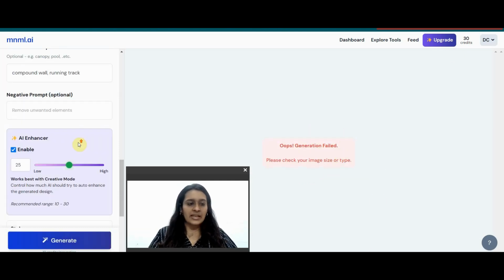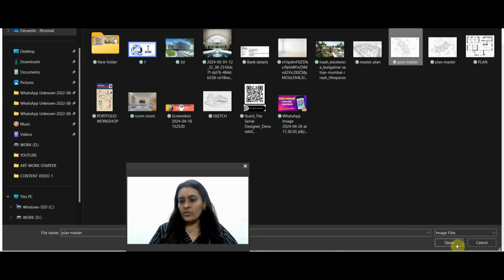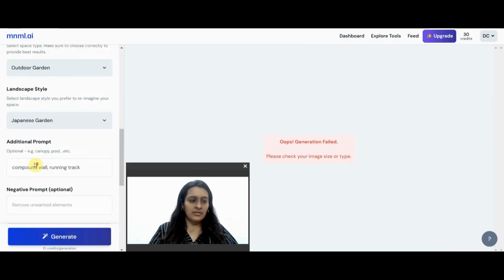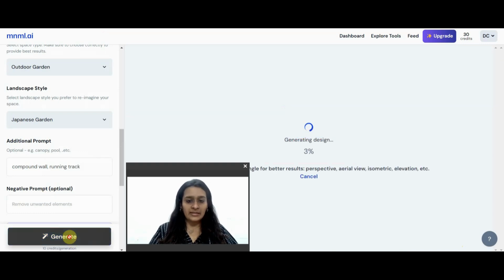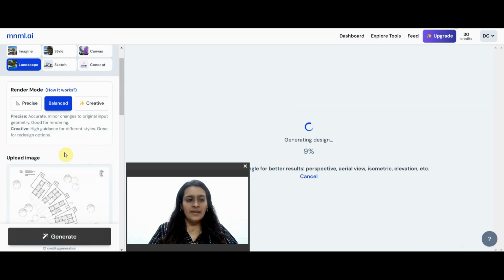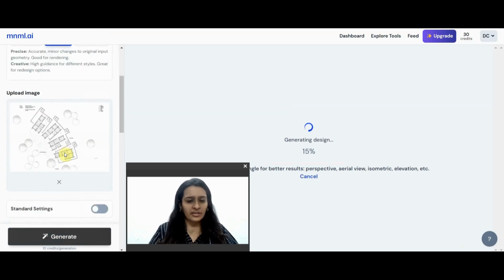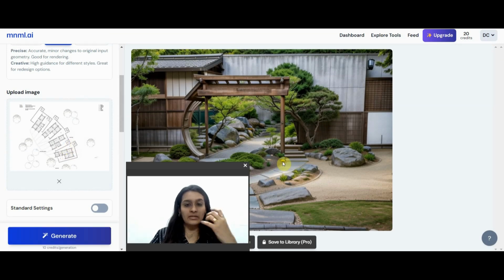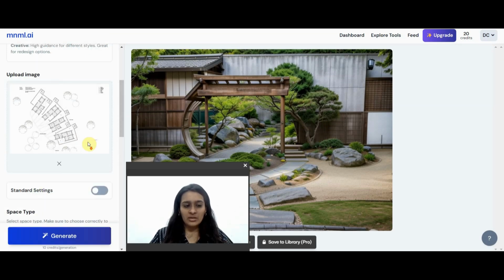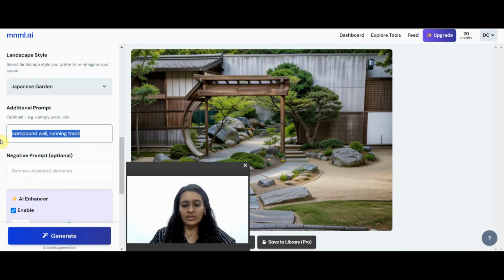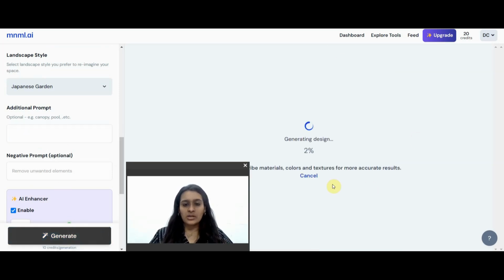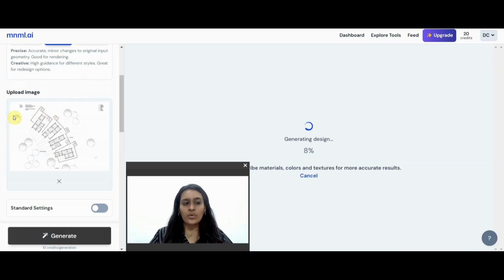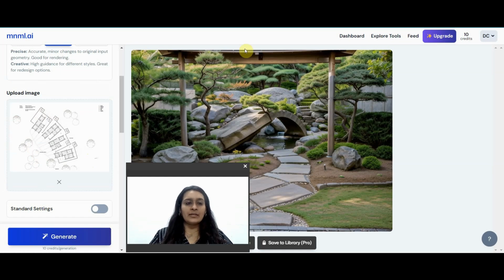Please check your image size or type. Thankfully, I do have another image as well. Okay, you can generate it with the same settings. All right, so this is working out for me. So maybe the file size would be a little different. It wouldn't have been recognized, but I do have a backup, so we could definitely go ahead and try. It came up with something a little weird. Is it because I wrote this? Maybe not. So I was expecting it to generate the plan for me. Okay, so I think this is not for us.